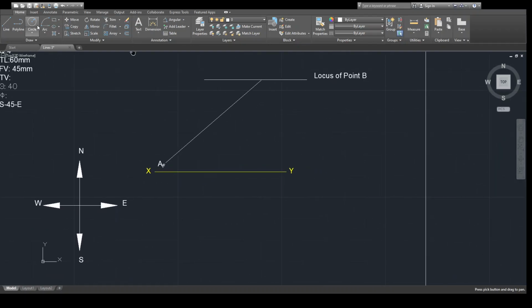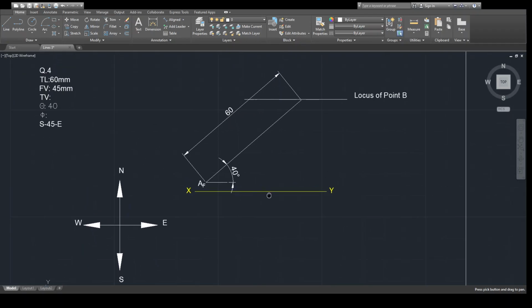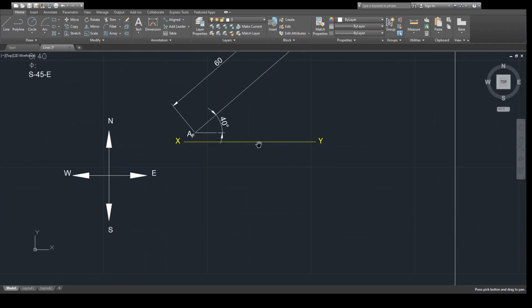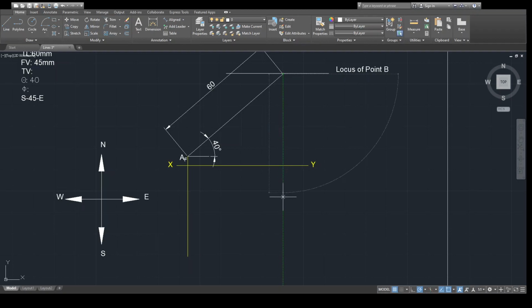So let us show the dimensions. This is the angular dimension, 40 degree. Then the aligned dimension, 60 mm. Now what is next? S45E. Obviously AF and AH lie over the same projection, so I will use yellow lines for projection lines. Remember, yellow lines for projection lines. Do not show dash lines here. Dash line has a different meaning, that we will discuss later on, but this should be very very thin.